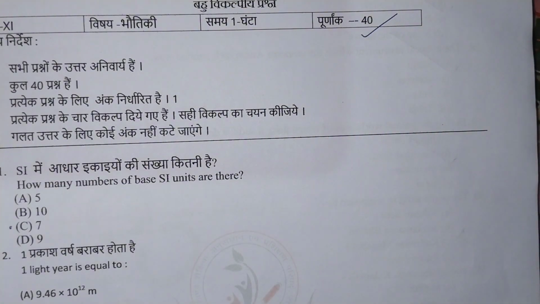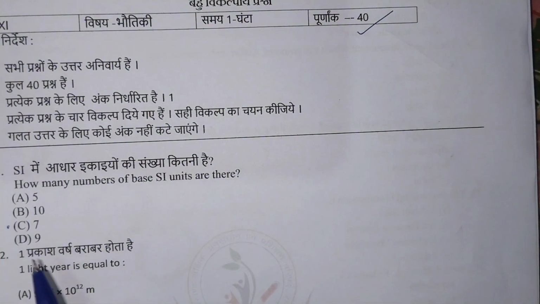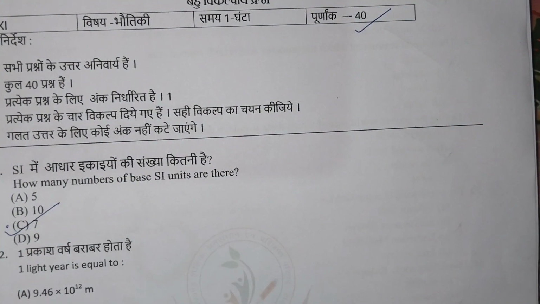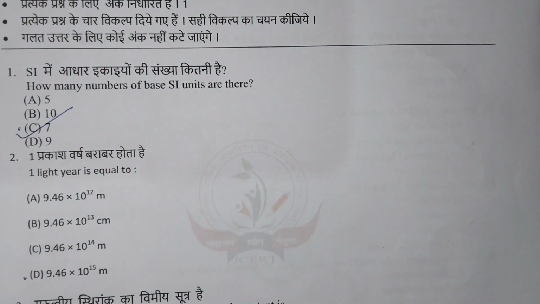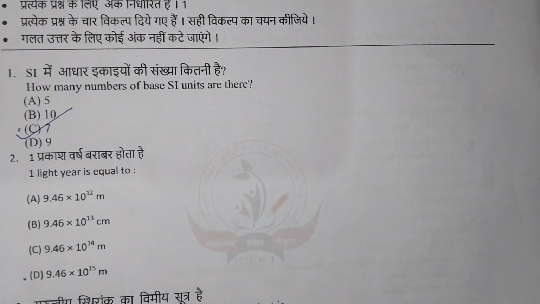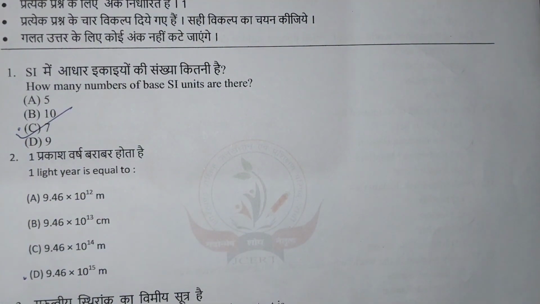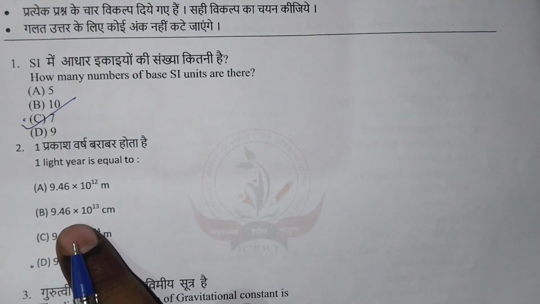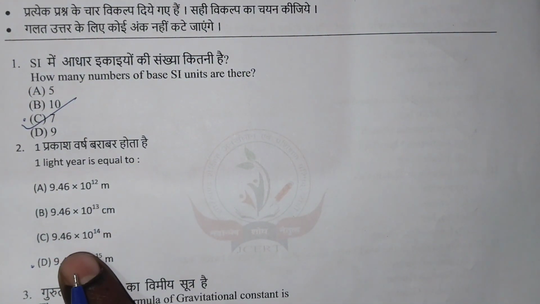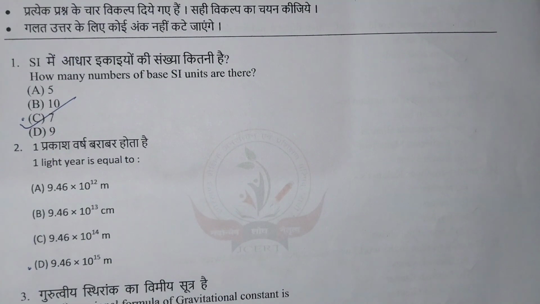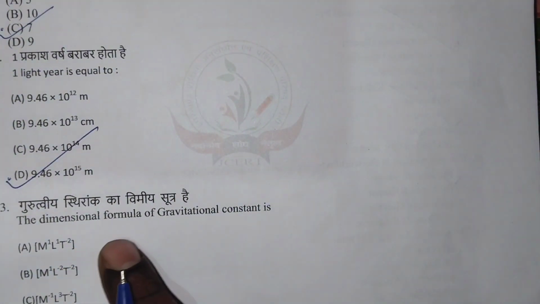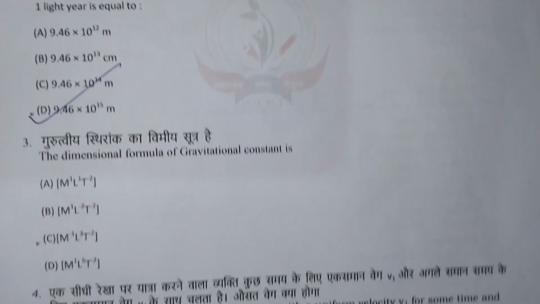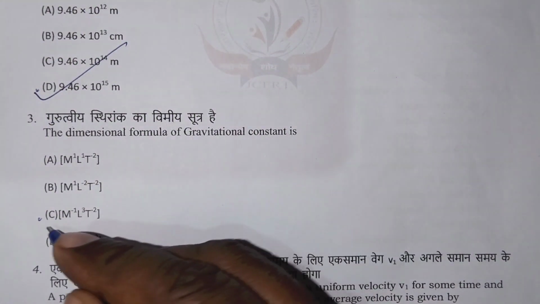आई यूनिट्स आर देयर, 5, 10, 7, 9। तो राइट आंसर इसका होगा सी, 7। A light year is equal to 9.46 in 10 to the power 21, 9.46 in 10 to the power 13, 9.46 in 10 to the power 14, 9.46 into 10 to the power 15, इसका राइट आंसर होगा। The dimensional formula of gravitational constant is, इसका सी नंबर आएगा।